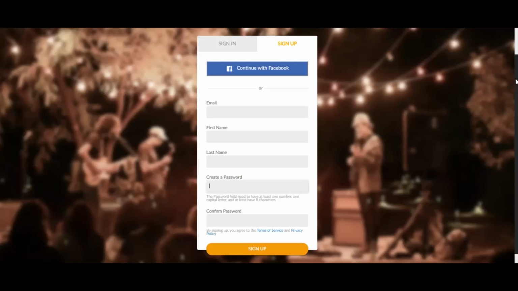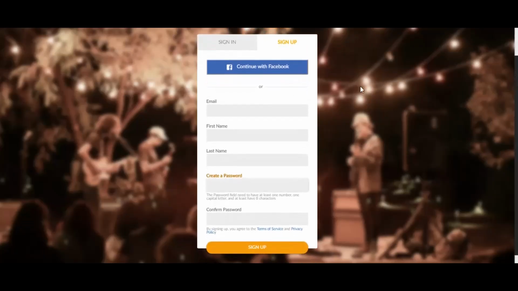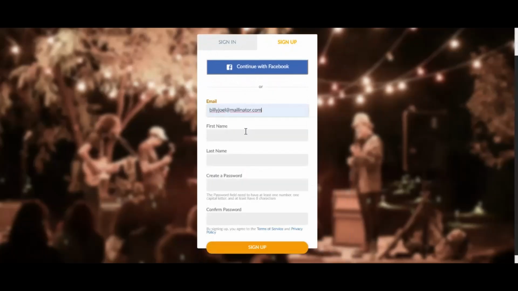So we're on the register page, so we either sign in or sign up. We're going to sign up firstly. You can continue with Facebook if you wanted to, or if you're just wanting to use a standard email address, you can do that. We're being a bit cheeky here and using Billy Joel as the example. Big shout out to Billy. Mate, if you're ever wanting your profile, give us a call. So we hit the sign up button,